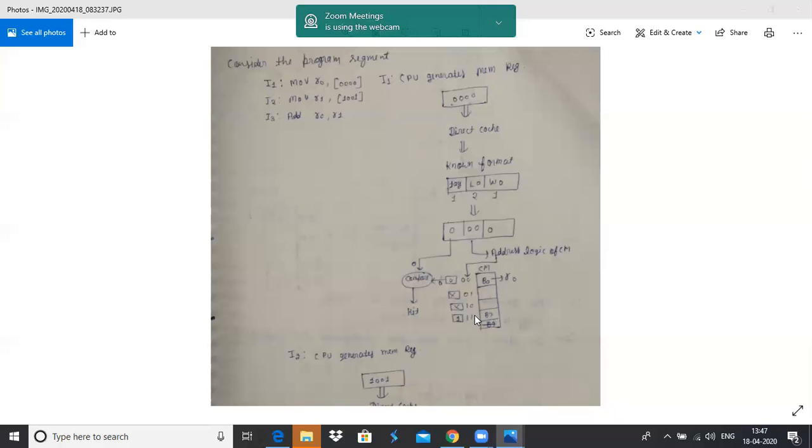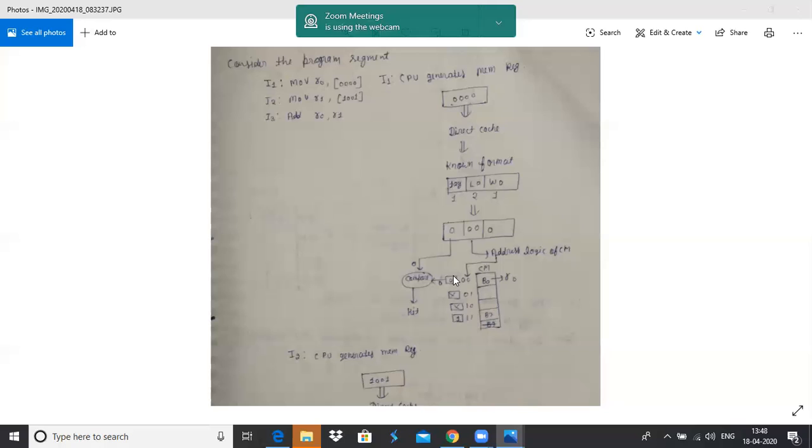The block B0 of the main memory already exists in the cache memory. That's why the tag value is a hit. Because B0 already exists in the cache memory, it will be a cache hit. And B7 is also in the cache memory, so it will also be a cache hit. So the three addresses are like that.